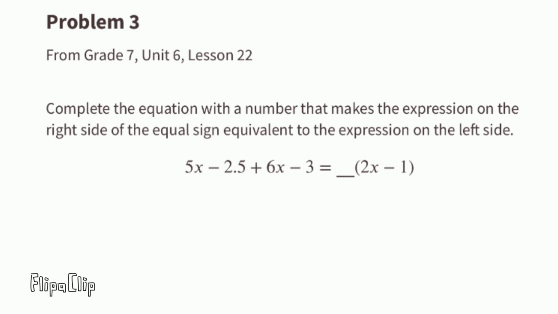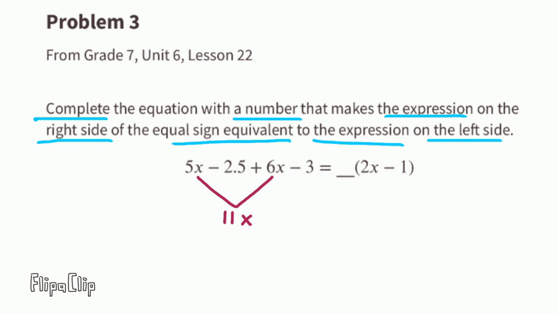Problem number 3 from 7th grade, Unit 6, Lesson 22. Complete the equation with a number that makes the expression on the right side of the equal sign equivalent to the expression on the left side. I'm collecting like terms. 5x plus 6x equals 11x. A negative 2.5 and a negative 3 equals a negative 5.5, or minus 5.5, equals what number times 2x minus